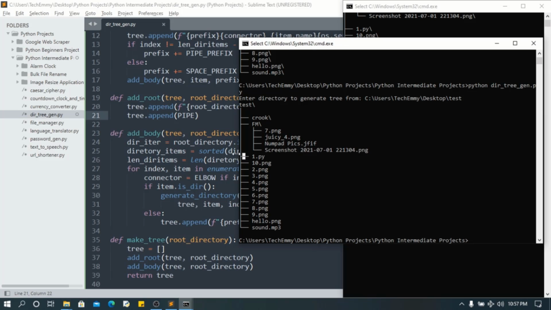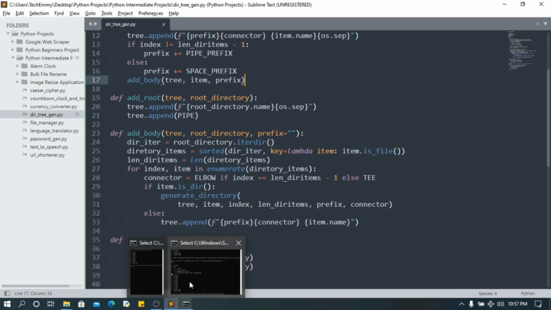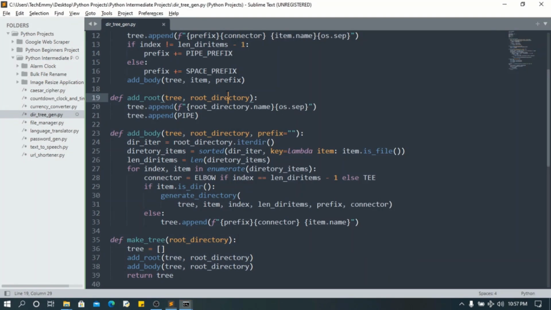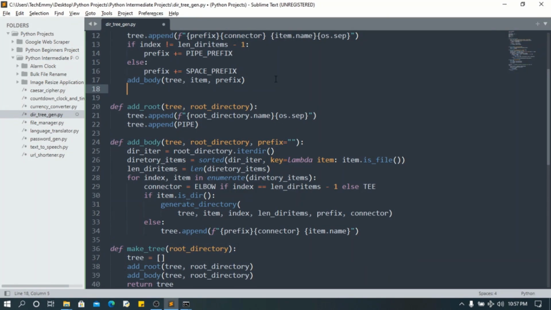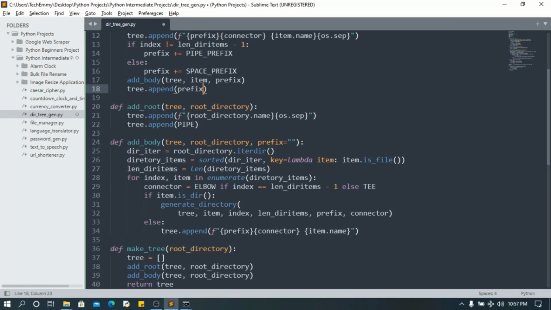Now how do we get this space? Remember, we have this space prefix here, but we are not actually making use of it, because this only works when we only add this if it's the last item. Okay, so if I come here, then we're just gonna come down here and say append prefix dot rstrip. If it's the last item, then it's gonna be a space prefix, and the last item, when we add the last item and when we come back out here,